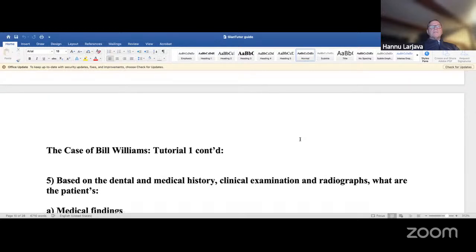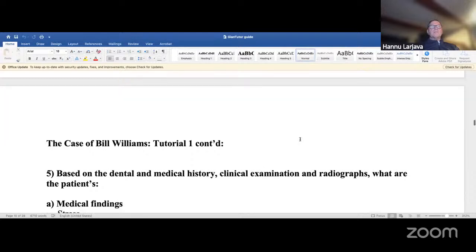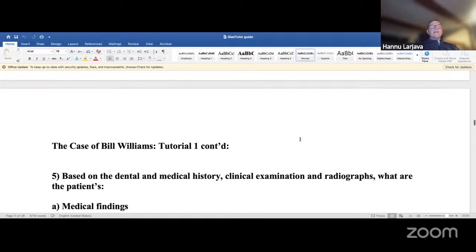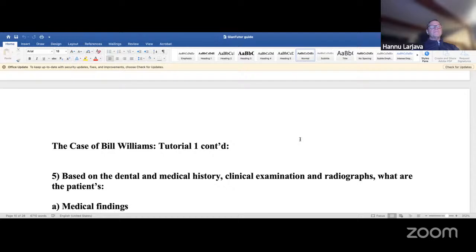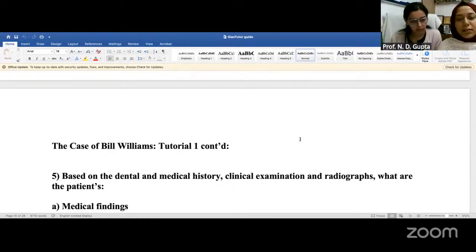So based on the dental and medical history, clinical examination and radiographs, what are the patient's medical findings? Okay, I will hide what they are. You can summarize them for me. This answer has to be given by the AMU group. Okay, the AMU group. So Dr. Nancy, the medical history of the patient is